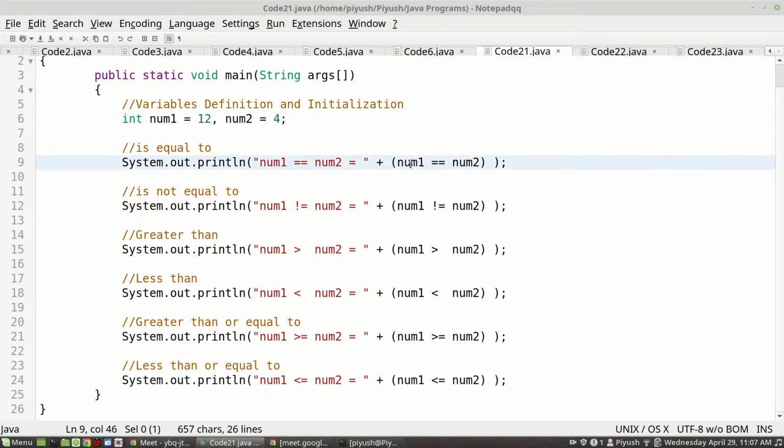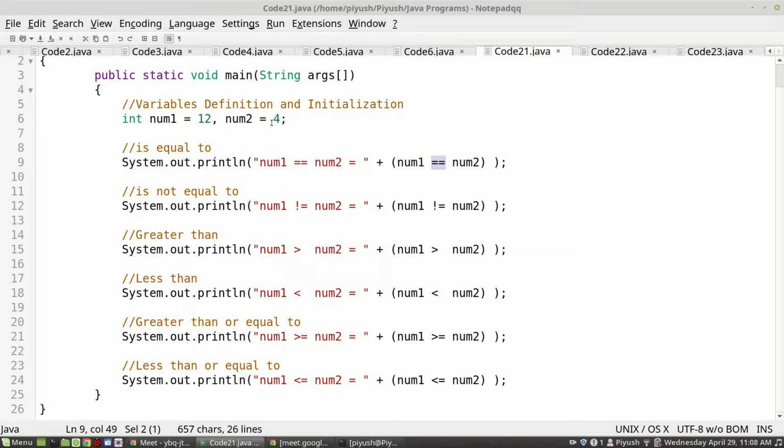So there are 2 variables corresponding to num1 and num2, and you are trying to establish using the relational operators what will be the answer. Can you tell me, is num1 double equal to, meaning comparison equal to, num2? Does num1 have the same value as num2?